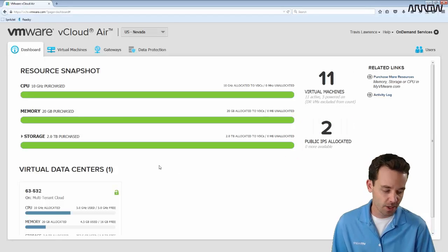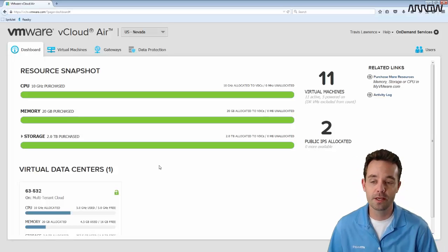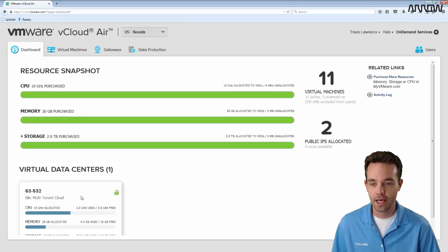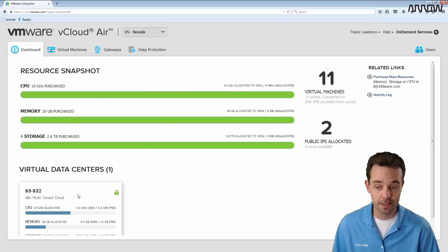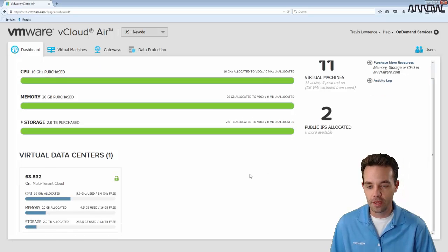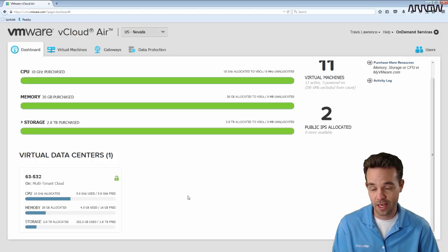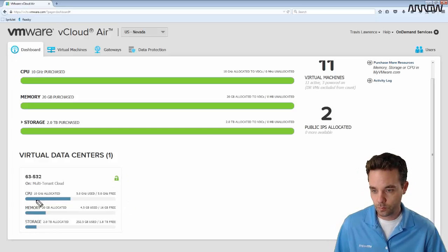And again, as I mentioned, with a VPC instance, we have a single virtual data center per instance. With dedicated cloud, we could actually carve up these overall resources you see above into multiple virtual data centers at the bottom. So if we scroll down a bit here, we can see what the specific usage is for this VPC instance. You'll note that at the top I have 10 gigahertz of compute, and down here at the bottom,